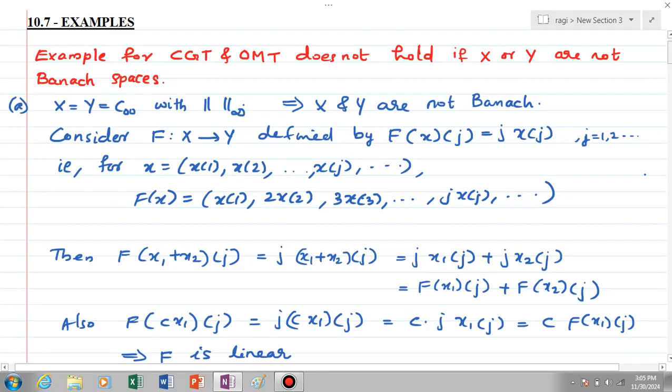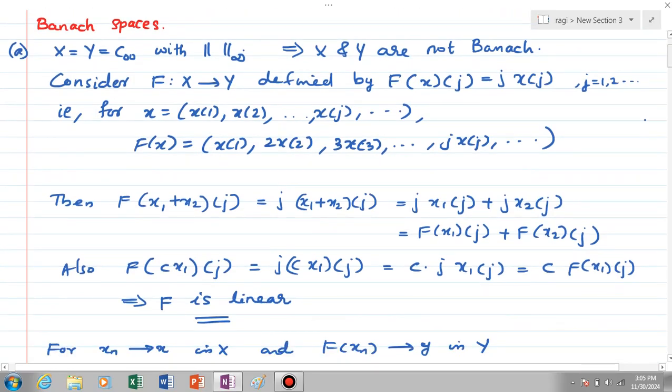We know that here X and Y are not Banach spaces, and consider the map F from X to Y defined by F(x)(j) is equal to j times x(j) for j equal to 1, 2, 3 etc. That is, for x equal to x(1), x(2) etc., capital F of x is defined by x(1), 2 times x(2), 3 times x(3) etc. Okay, then we can clearly see that F is linear by checking